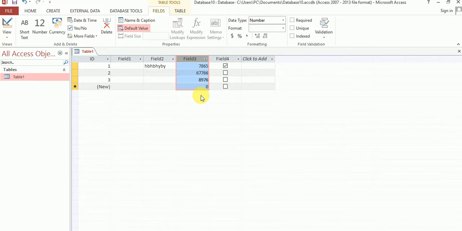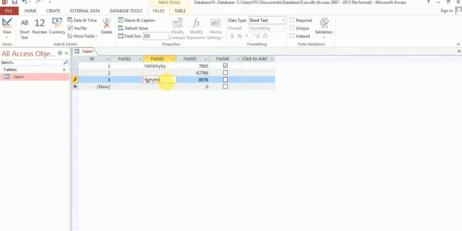Records are often called rows since each new record creates a new row in a table. You can see, when you create a new record in your rows, the next row is automatically generated. Suppose I insert this record, a short text name, any name.